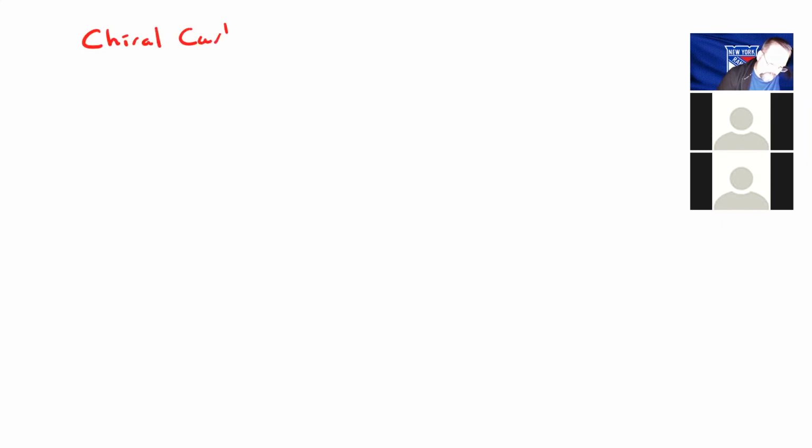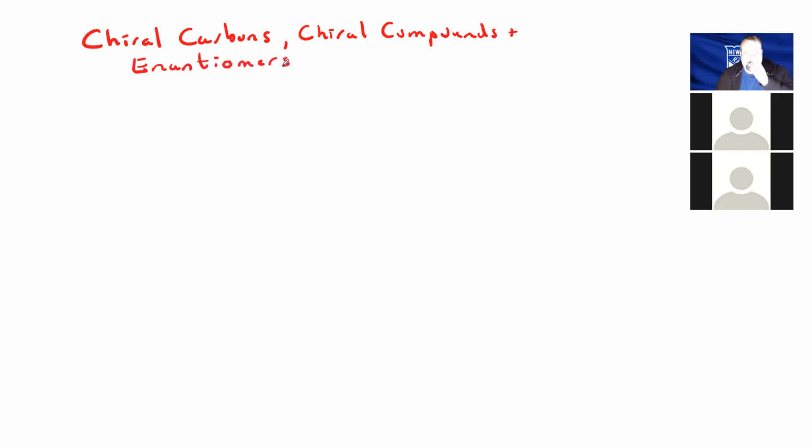But one of the things I want to talk about first, which will lead into our discussion of carbohydrates, is I want to talk a little bit about chiral carbons, a little bit about chiral compounds, and then I also want to talk a little bit about what are known as enantiomers. Okay. So essentially,